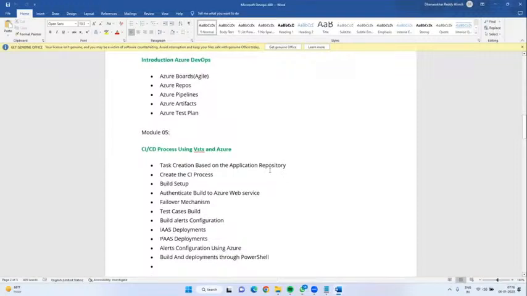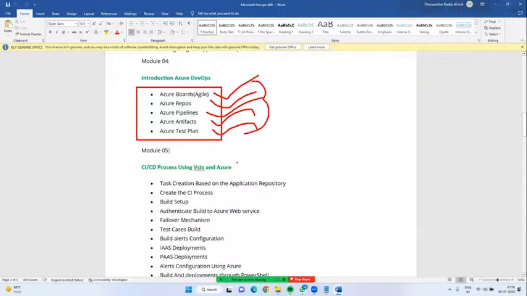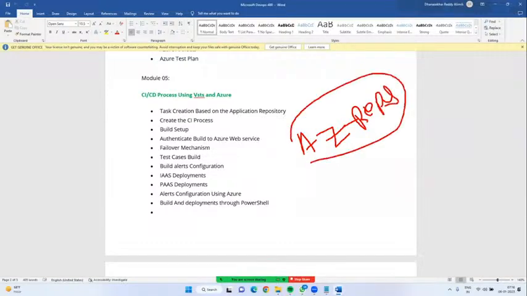Okay, yeah, next. In Azure DevOps, we have only 5 modules. One is Azure Boards, Azure Repos, Pipelines, Artifacts, Test Plans. Only 5 modules. So in Azure DevOps, first they implemented the Agile model. Next, Azure Repos. Azure Repos means, before purchasing GitHub, Azure needed to maintain their own repository, right? So they provided Azure repositories. Using that, we can store our project code.